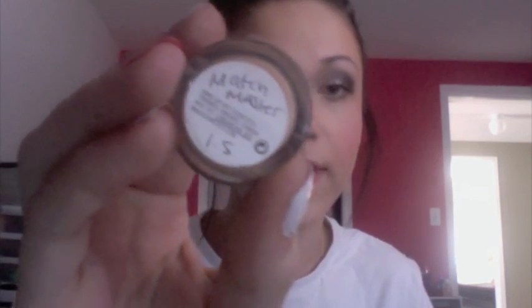So, first I'll start out with face just because there's only one product. It's the Matchmaker Foundation from MAC. I only got a sample of it, but I've absolutely been loving it. And I don't have too much of my sample left, so I'm saving this for IMAX when I go. I'll talk about that more at the end of the video, but I have the color 1.5. And when I go to IMAX, I want to go to the MAC counter to see what their discount is